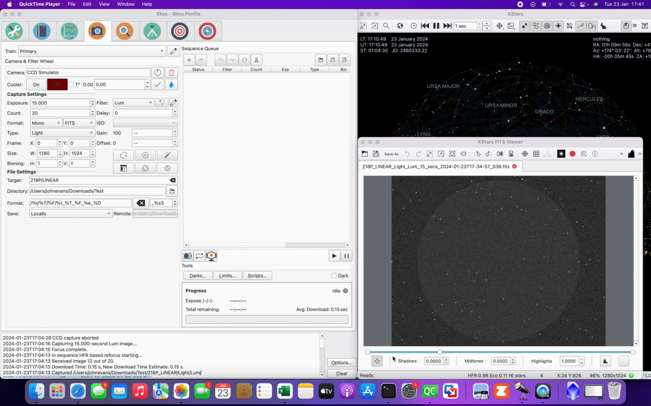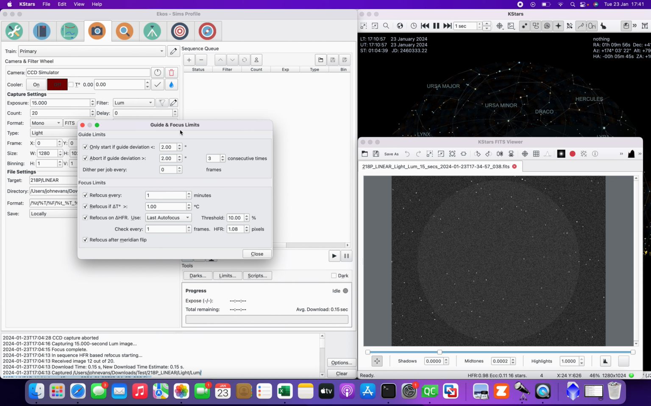Ekos does, however, also have some other ways of doing the same thing in this pop-up here of capture called limits. At the top there are some parameters related to guiding, and at the bottom there is another set of parameters related to periodic refocusing. This is kind of the main way of doing periodic refocusing. The other way is to set up